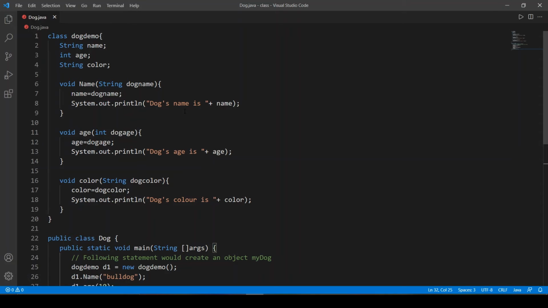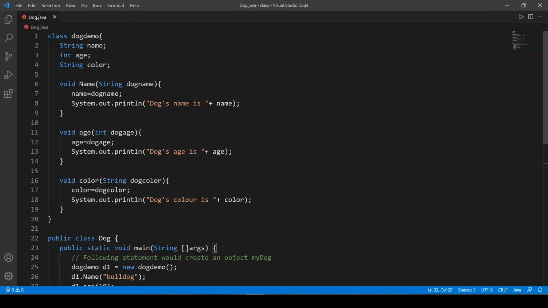And we have made another method, age, and we have printed out the statement dog's age is age, for printing dog's age.